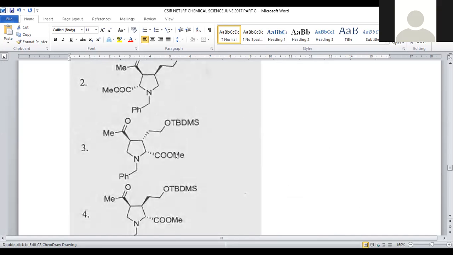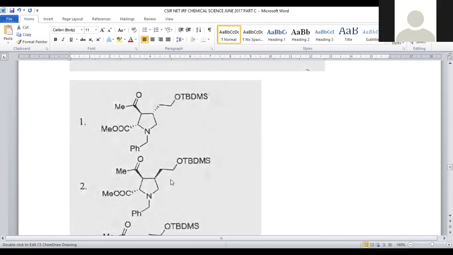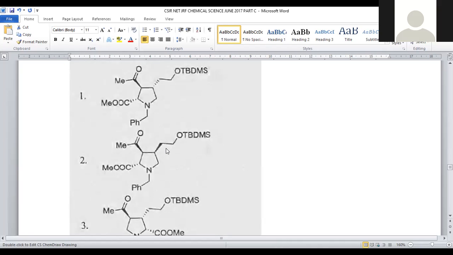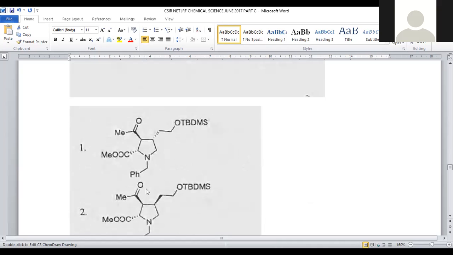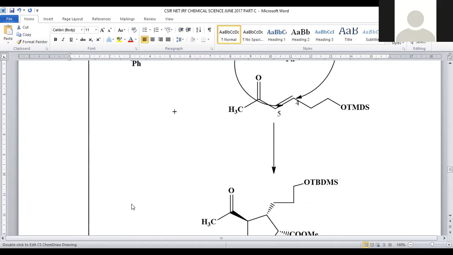So let us see where such a cyclization process gets carried out and what will be the product. In option number 3, you can observe this entire addition reaction. So for question number 96, option number 3 will be the right answer. Let's move on to